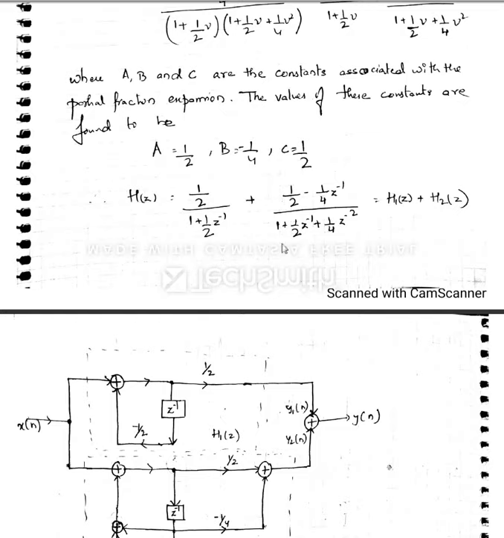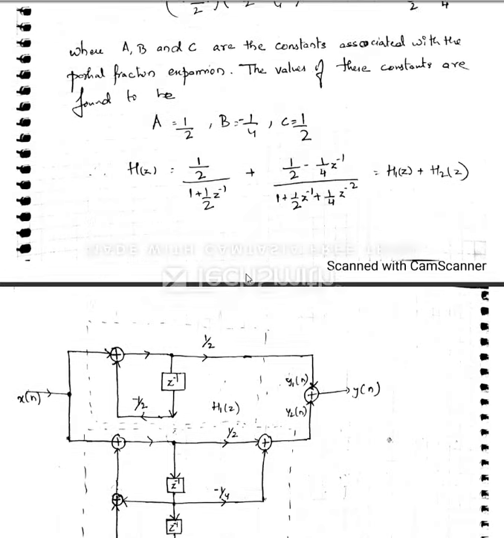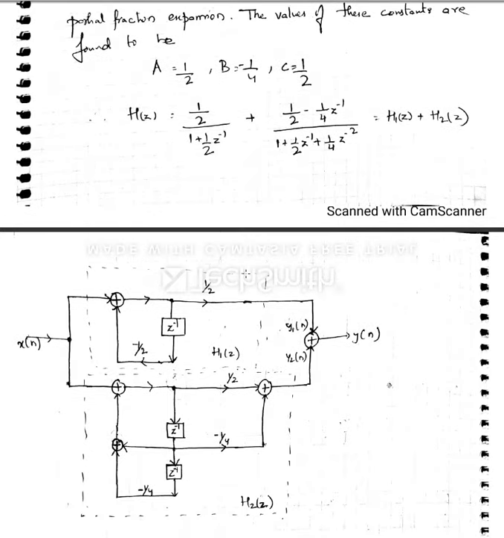Now you know these are the values of your b that is going to fall at the right hand side, and these are the values of your a that is going to fall on the left hand side. That is the corresponding values of your poles and zeros. Now you can see how the arrangement is. This dotted first one is your h1 of z. You see, 1 by 2.